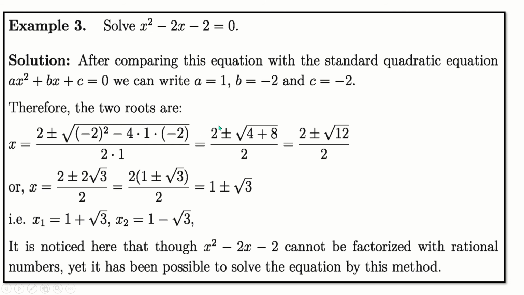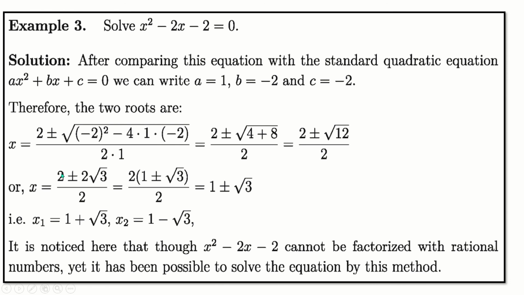After calculating this part, here 2 plus minus square root over 4 plus 8, that is square root over 12. And 12 is greater than 0 and not a perfect square number. As a result, the roots will be real, unequal and irrational. Root 3 is an irrational number, so root 3 plus something or minus something will also be an irrational number.